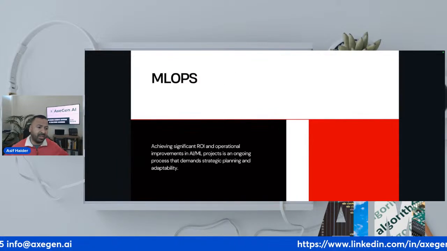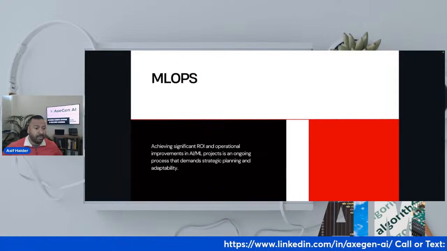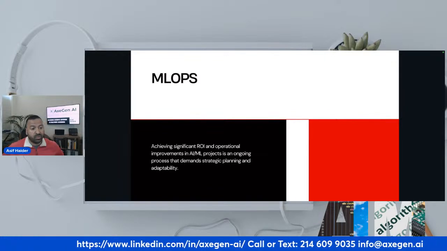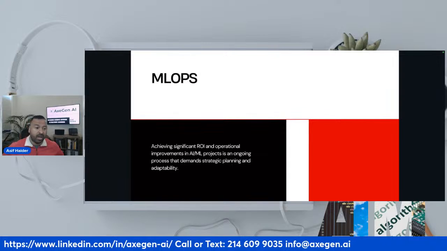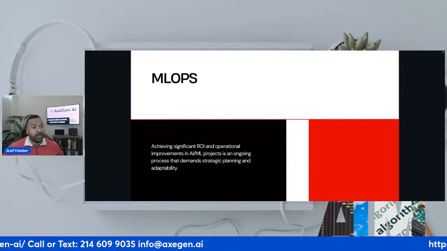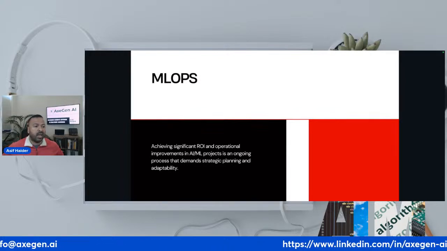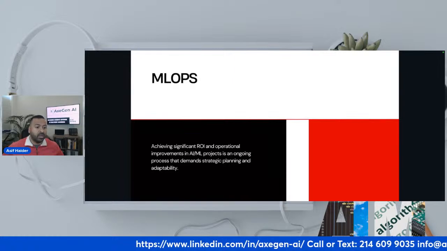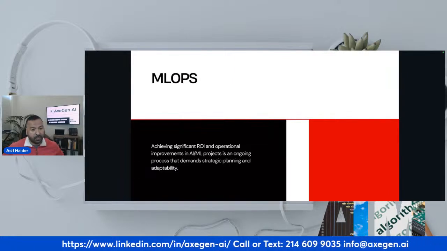But ultimately, what we want to understand is that MLOps is here to stay. MLOps is what we will deal with, just like we have dealt with DevSecOps and DevOps. We will deal with MLSecOps if that's the case. But MLOps is here to stay. It's going to replace a lot of the formalities that we have seen previously, but it has to be adopted for the purposes of MLOps.